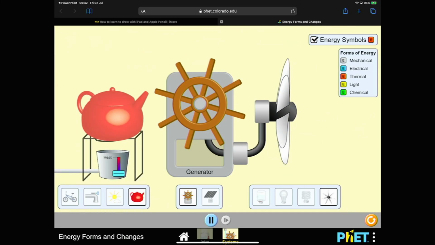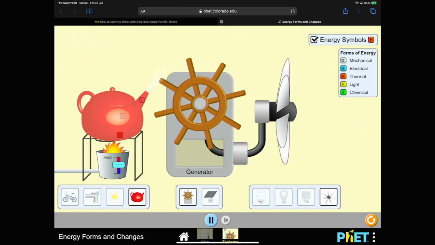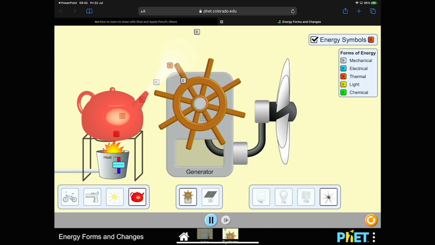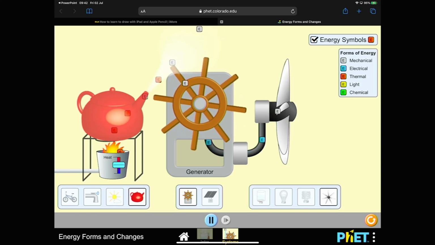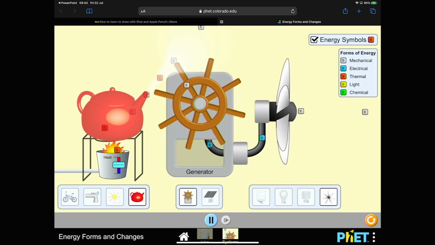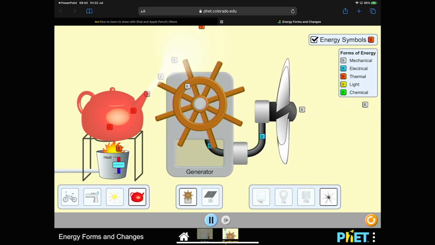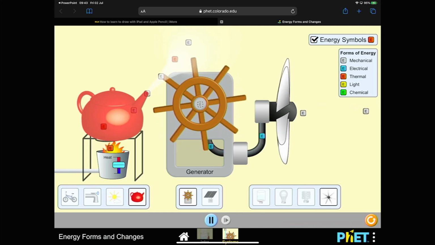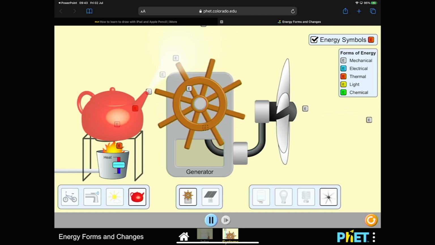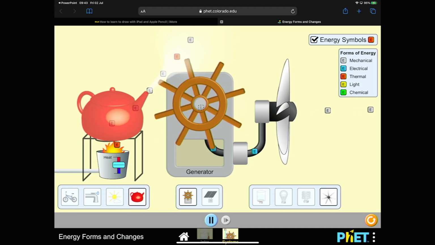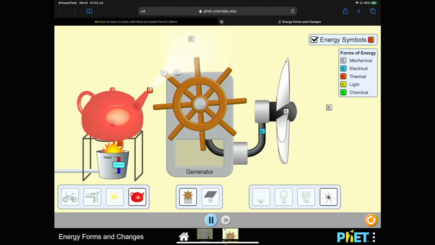And finally, we've got a kettle and we're heating it, and you can see it's red. So it's thermal energy, it's releasing steam. So it's actually, again, mechanical as well as thermal energy. The wheel turns, it's turned into electrical, and then it makes the fan turn. And remember, it's because it's turning, it's mechanical energy, because you've learned about kinetic energy. This is fun stuff, and you can sit and play with this and see all the different kinds of energies, specifically mechanical energy.